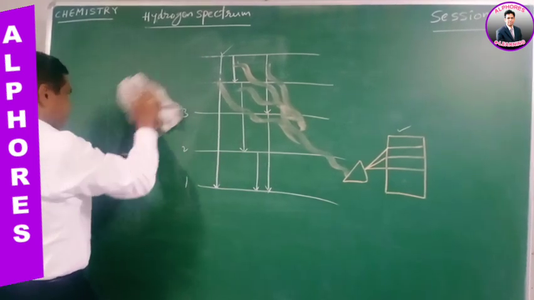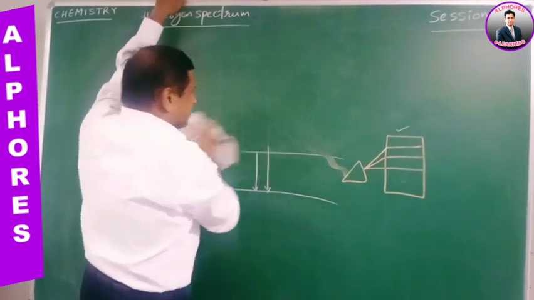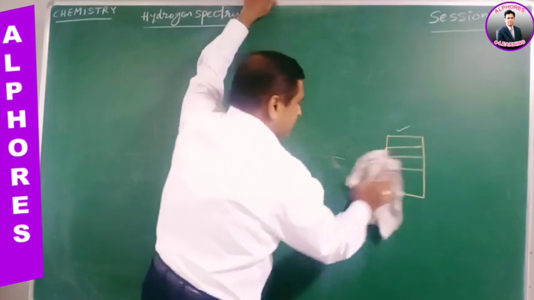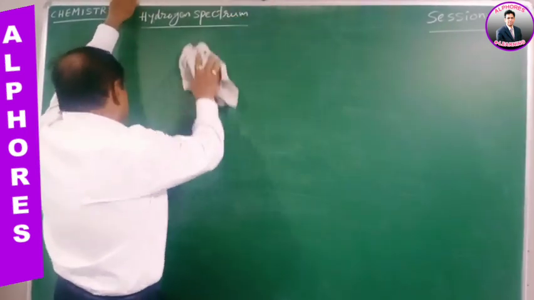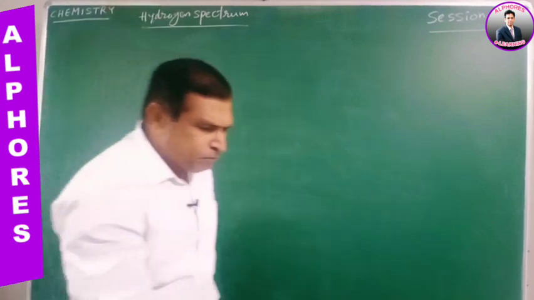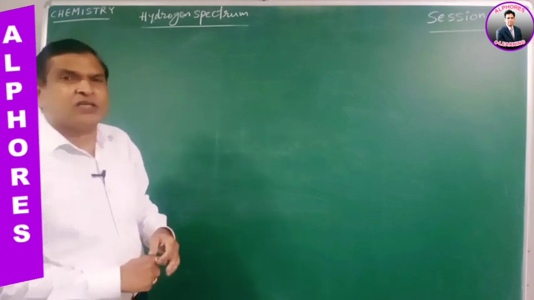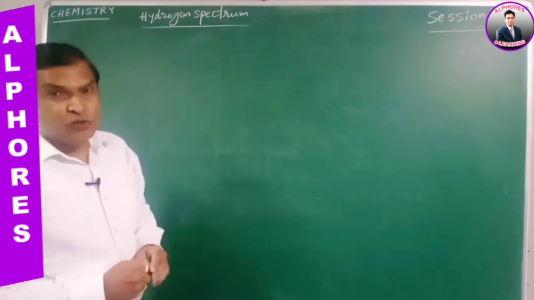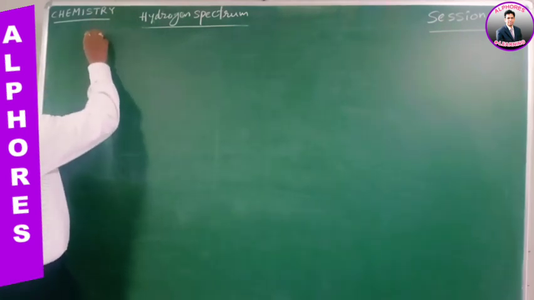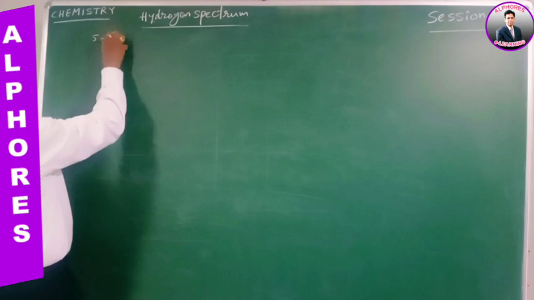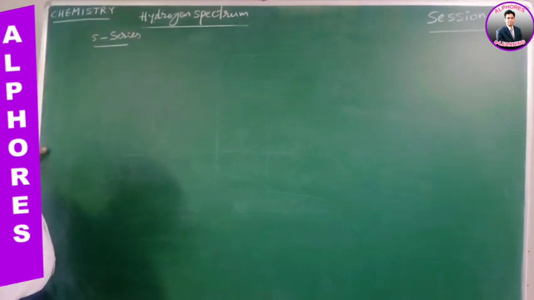Hydrogen spectra, when observed, that means the photographic plate obtained from the emission radiation, that is the spectra of hydrogen. That photographic plate was observed by different scientists, so they discovered different series in the hydrogen spectra. Hydrogen spectra consists of 5 series of spectral lines, namely